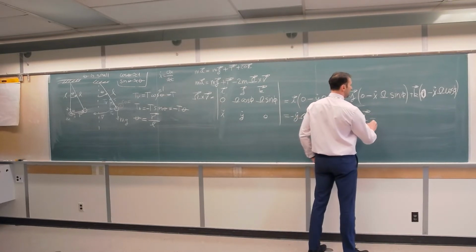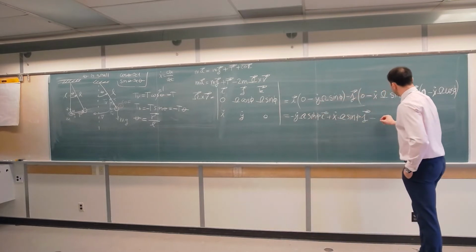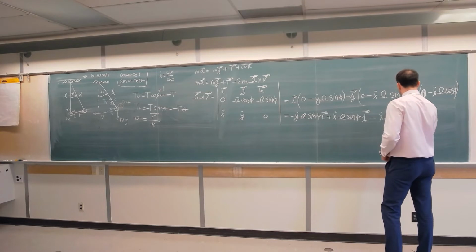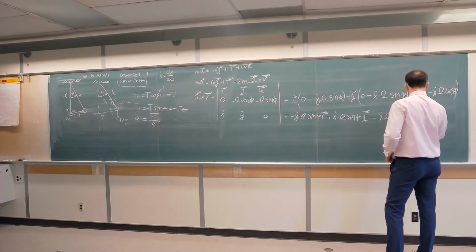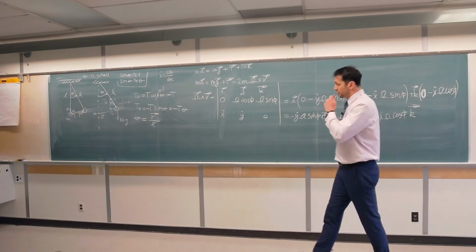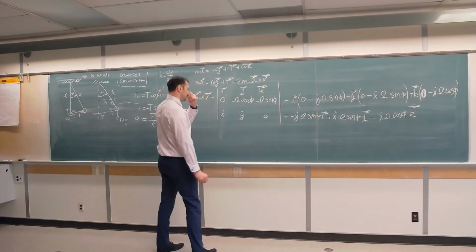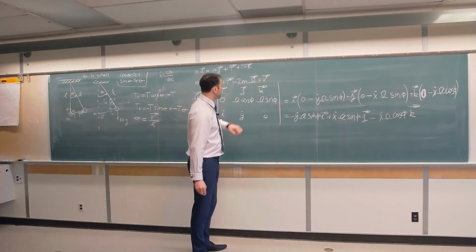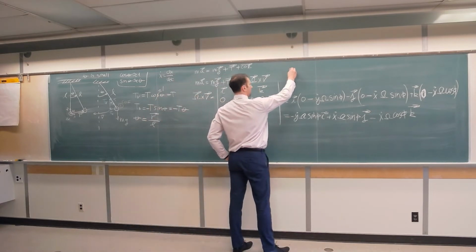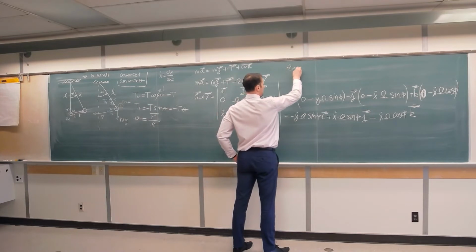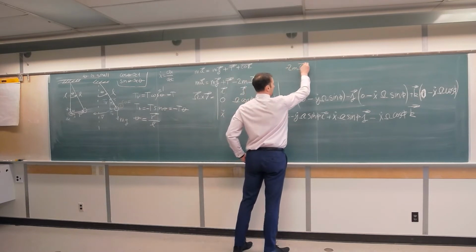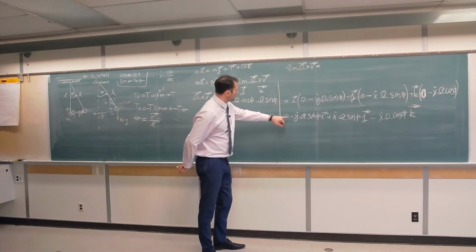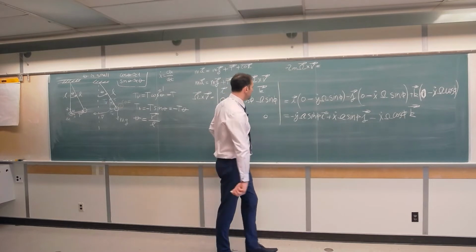And here I will have negative x dot omega cosine phi in the k direction. Or this whole force will be, negative 2m omega cross v, so this negative and this negative will give me positive,